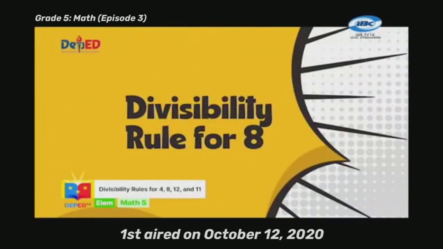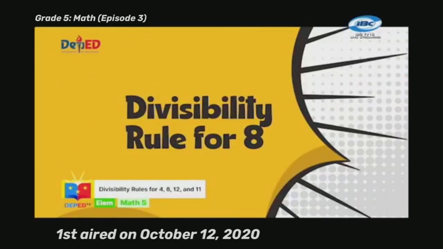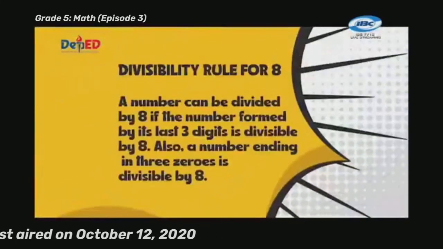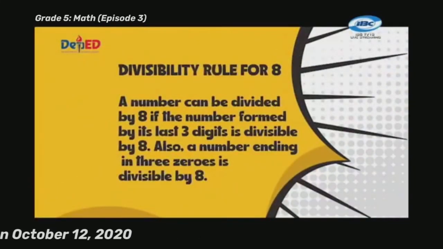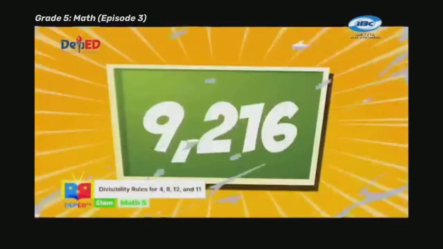Up, up, and away! Let's proceed with the divisibility rule for 8. A number is divisible by 8 if the number formed by the last three digits is divisible by 8. A number ending in three zeros is also divisible by 8. For example,